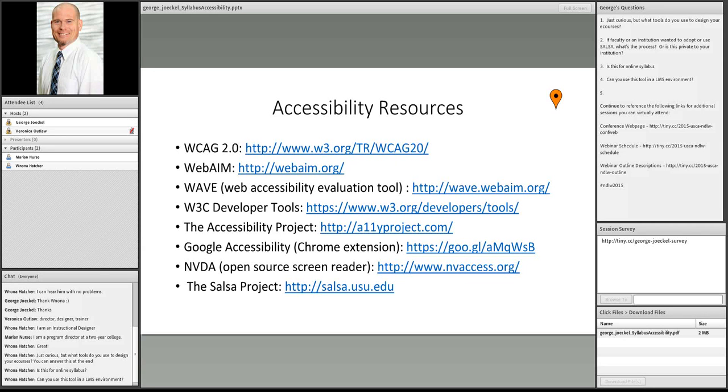So NVDA, I'm blanking on the acronym right now, non-visual display application, maybe. Anyways, it's two gentlemen from Australia who have put this together. This is an open source screen reader, and this is amazing for developers, because for a long time a screen reader called JAWS was really widely used by people, and